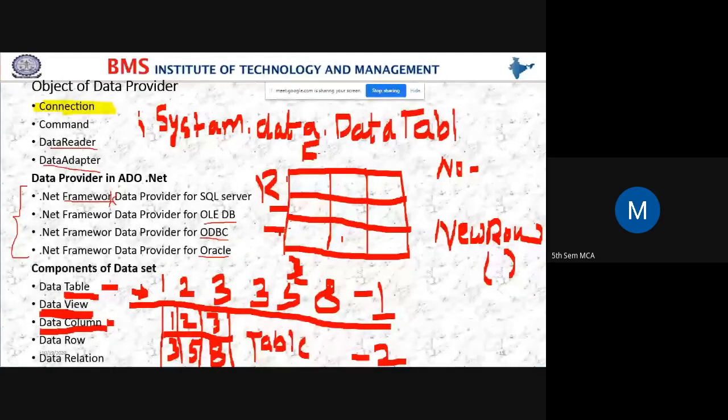See here, I have 3 rows in this table. If you want to include one more row in the table, then we have a method, NewRow, used to insert a row and increase the number of rows in the table.